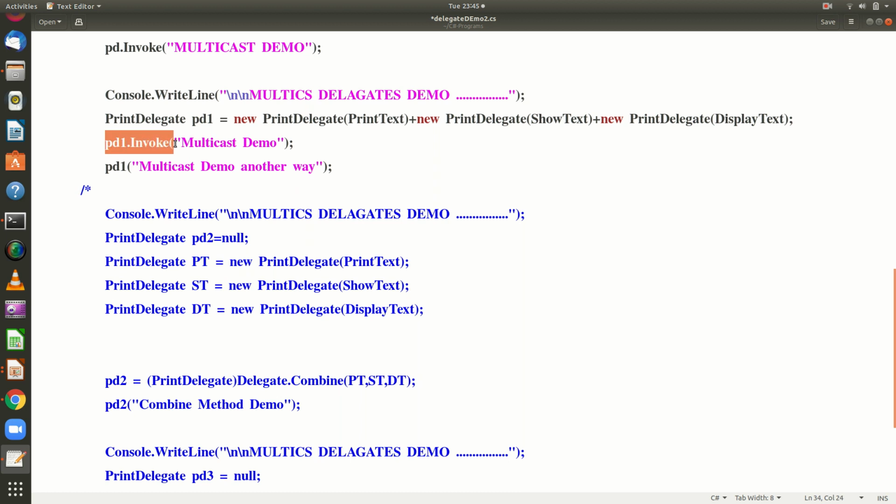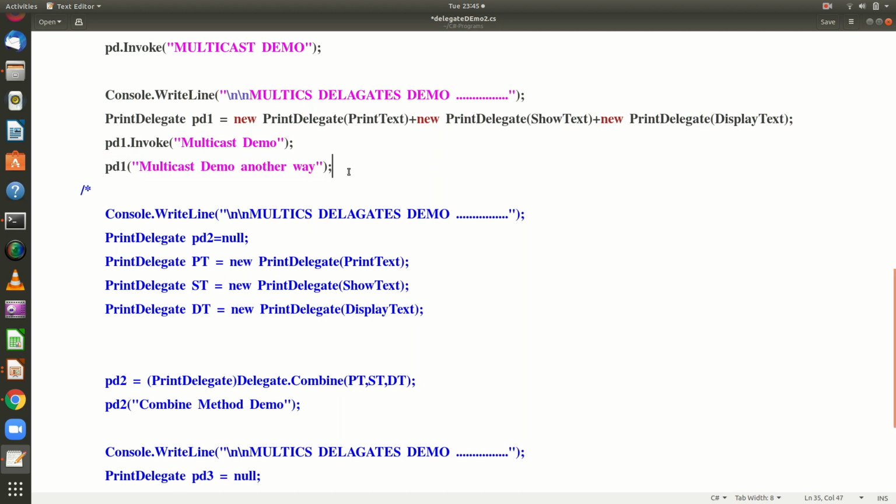You can invoke it this way, or this way. When I invoke using dot invoke, it is going to pass this as the string. When I invoke it using PD1 without dot invoke, it is going to pass this particular string.